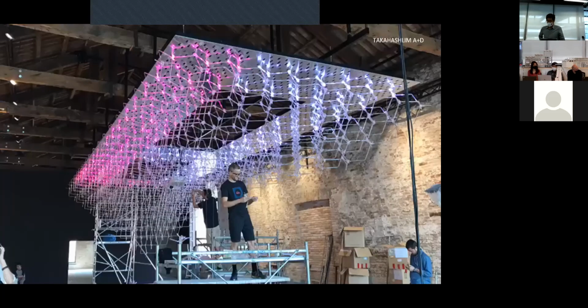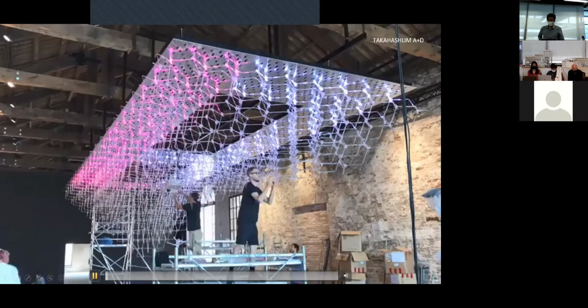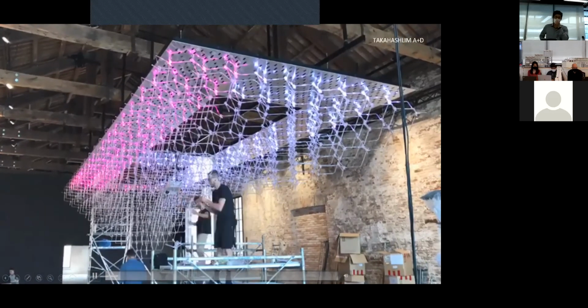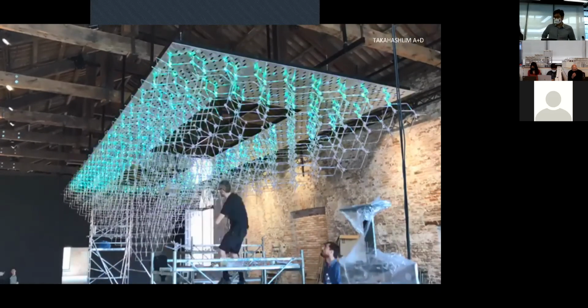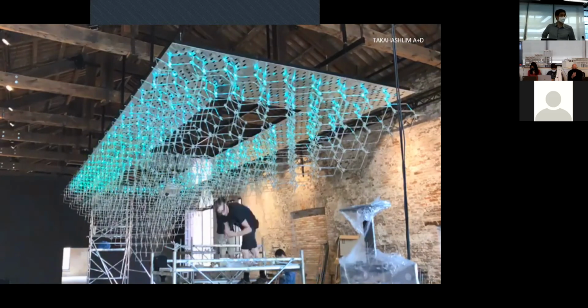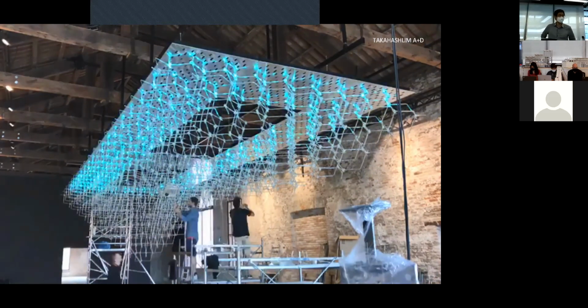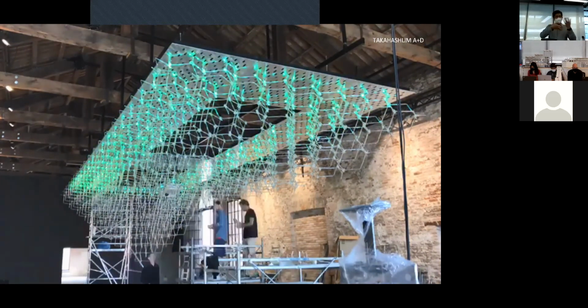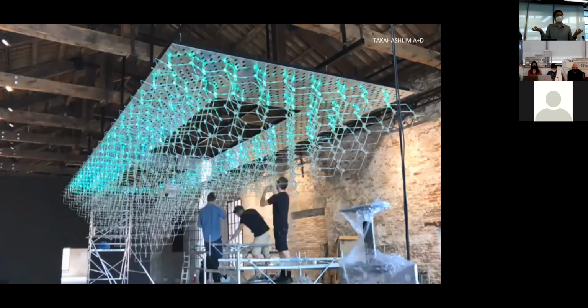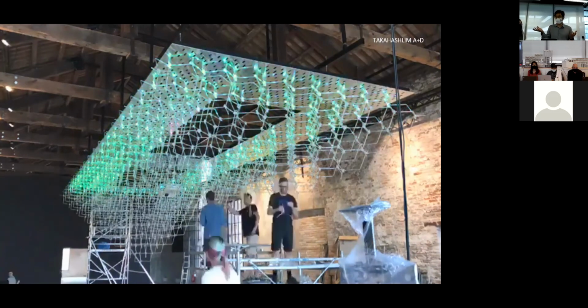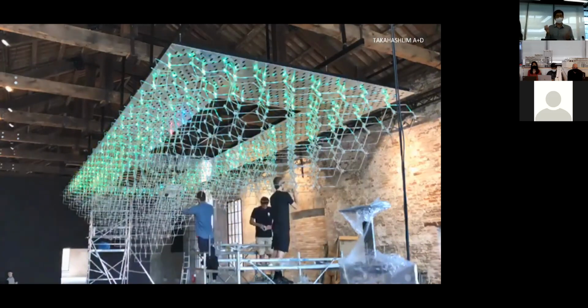Yeah, we can play this. Okay, so now we are already in Venice. So how we do it is that we work with the Italians in Venice itself. So they receive all these modules, and then they just get the box, and then we have some drawings. It could be very difficult for them to understand how to assemble this together.